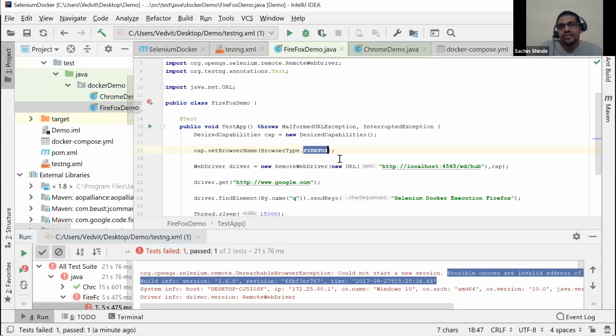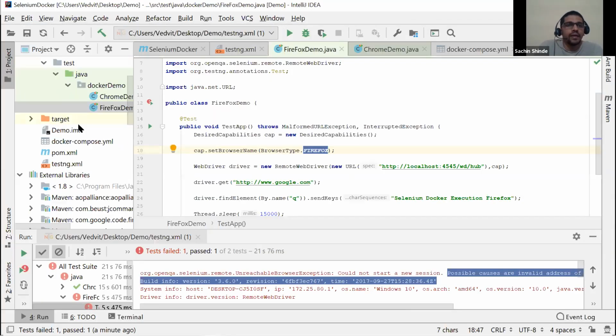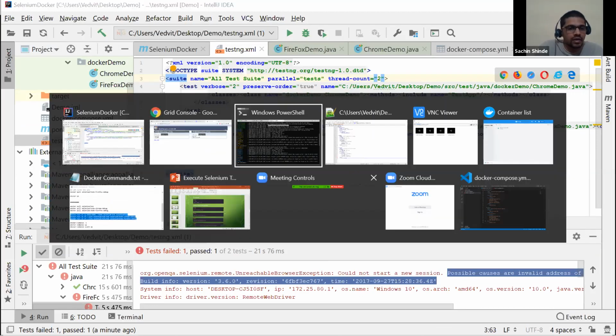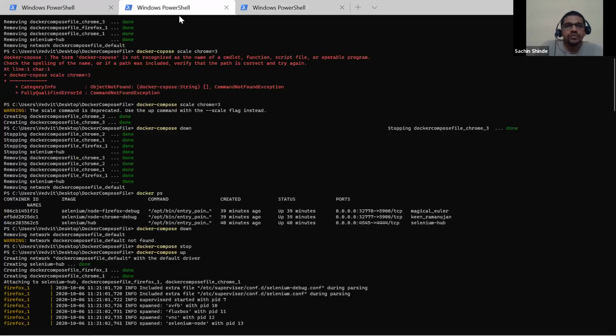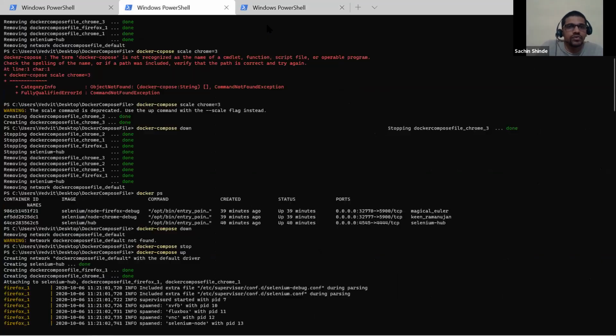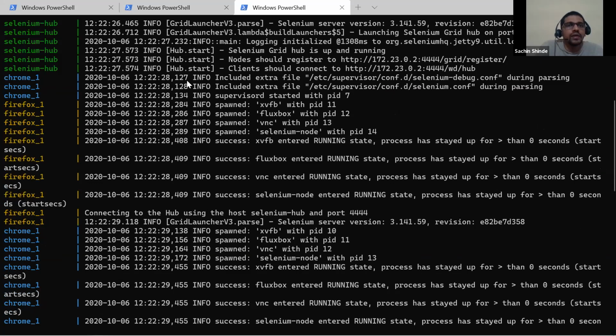But the idea is this is how we execute tests in parallel by using testng, and you can increase or decrease the threads using this testng.xml file. Another advantage of using this Docker Compose file is you can increase the number of nodes very quickly using very simple commands. I'm going to